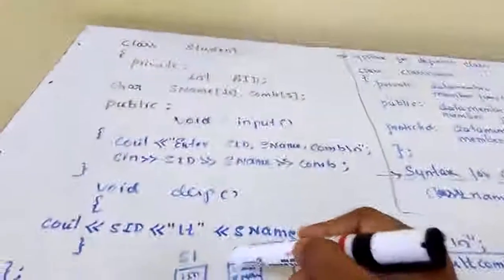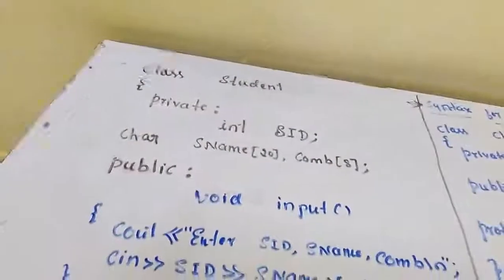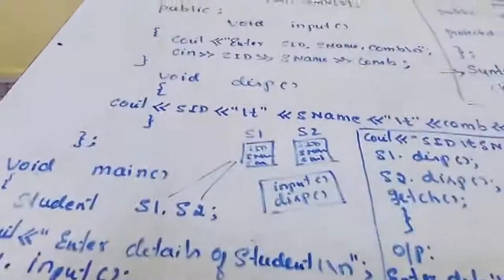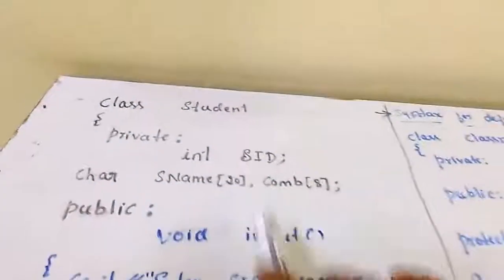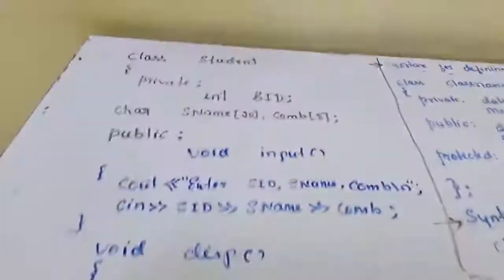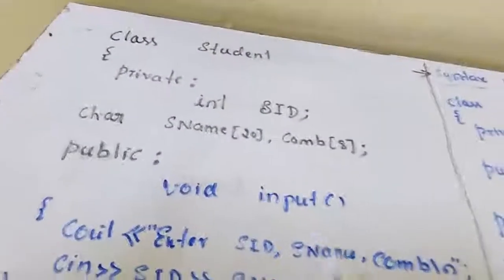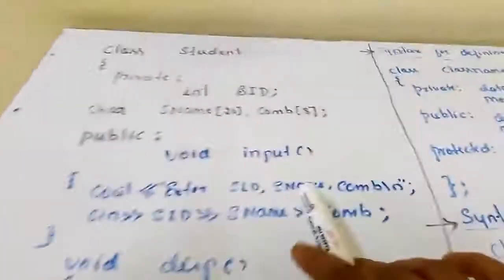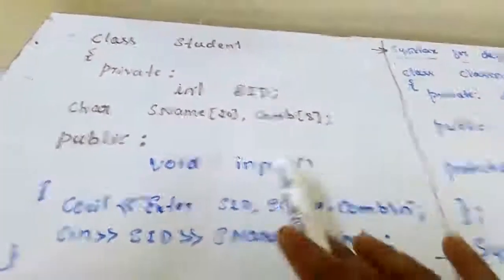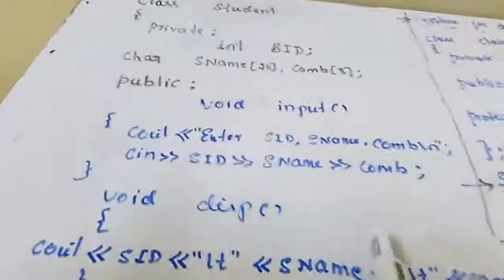These two functions can access the private data of the class. Now, from the main function, we are going to call these functions, and one more concept is there. Private members are accessed only through the member functions of the class, whereas the member functions defined in the public section can be accessed through the main function. Main is a non-member function. A non-member function can access the public data, not the private data. That's why we have defined the input function and display function in the public section.